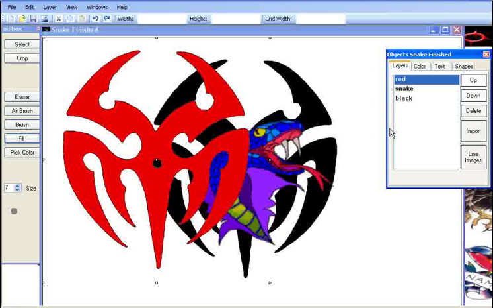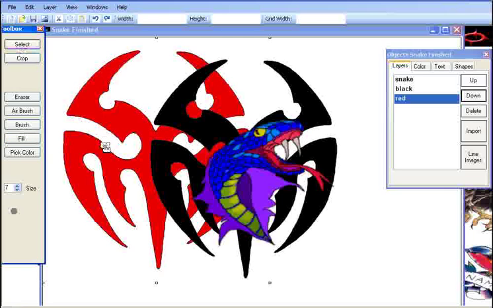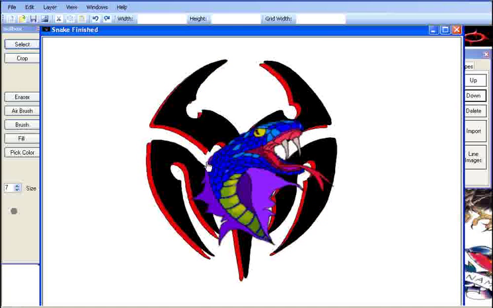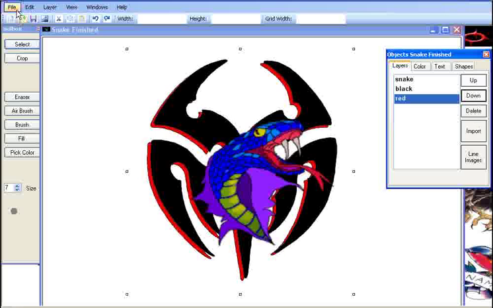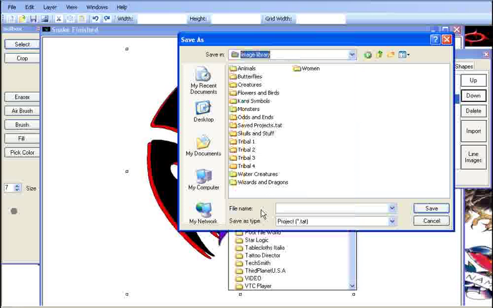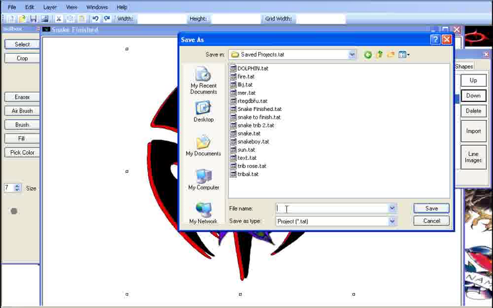So I wanted to use that as a little background behind the black, so with the red selected, we're going to drop it down one layer and down one more. Now we can select it and move it about like there. A little special effect. That's kind of cool, huh? You can take this and save it to our file extension .tat in the image library. In our saved projects folder, we'll call this